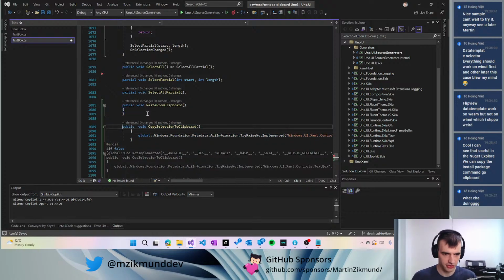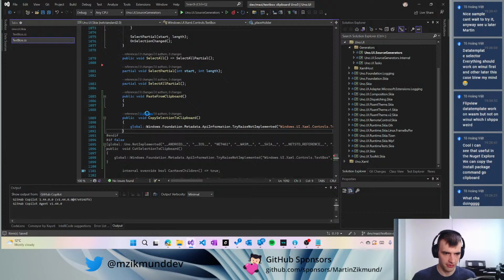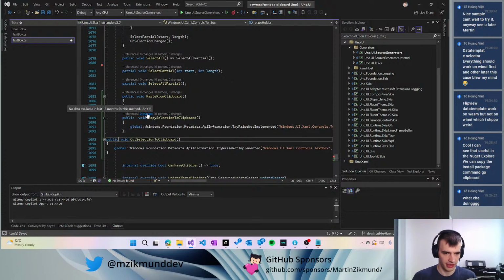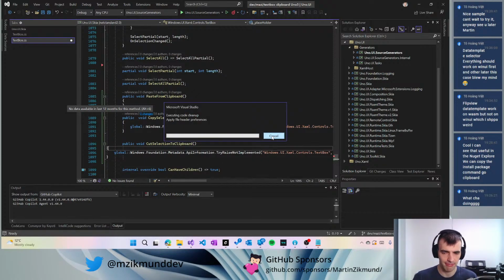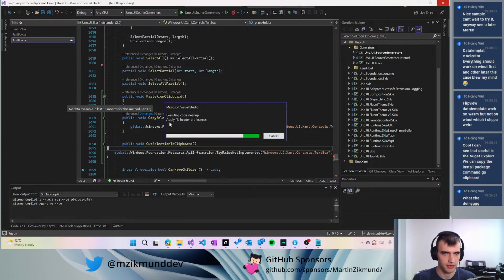Now for the magic trick, how do we copy those things? How do we work with those clipboard methods here? I actually don't remember too well how the clipboard methods, like copying to clipboard and pasting from clipboard. Well, pasting from clipboard we have already done for the sample page, but copying to clipboard will be interesting. And now we just